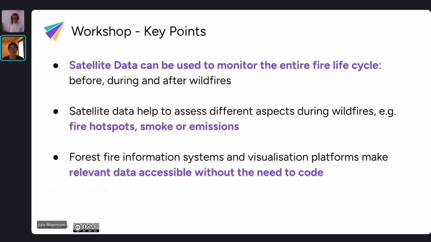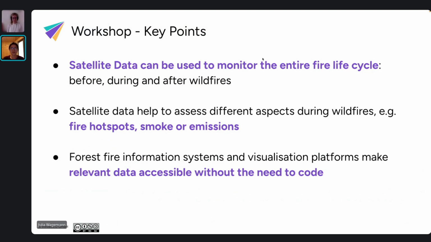Thanks, Julia. So that was a great overview of the different types of data available for monitoring fire and that you can use to report. We wanted to highlight that for all parts of the wildfire life cycle, you can use satellite data to report. It also helps you highlight and visualize aspects of wildfires that might be difficult to see from just a photograph because of the large transnational, transboundary impacts from smoke or emissions, for example. To see how big that smoke plume is can be quite breathtaking and will add important context for any story about that.